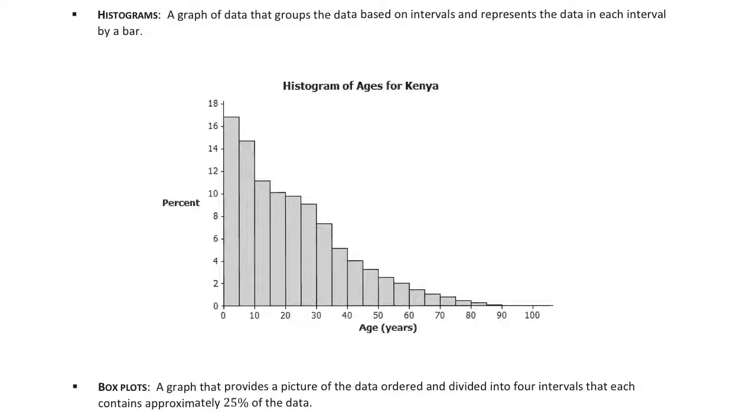So that's basically how a histogram works. I can see here that 0 to 5 is the highest. So that's important for us to know. And then our last